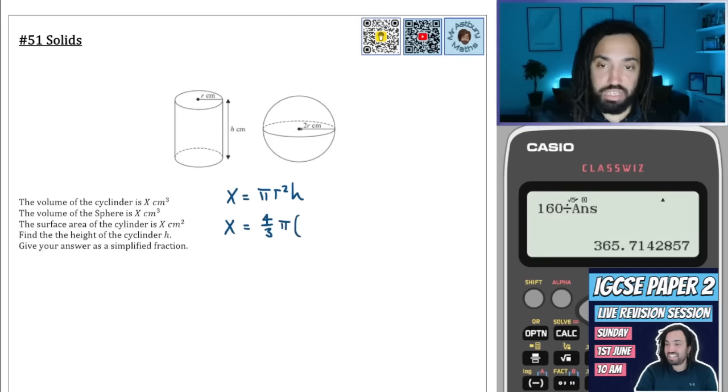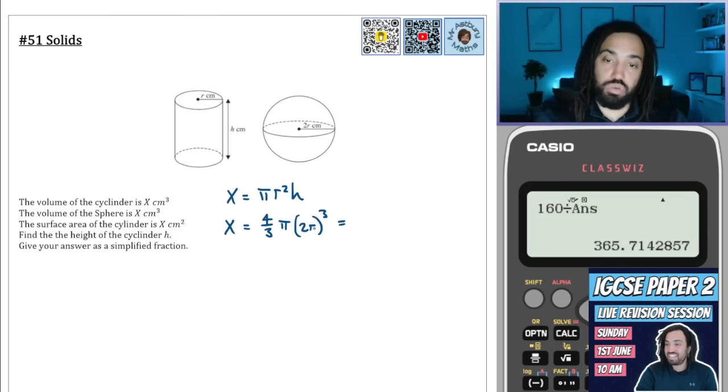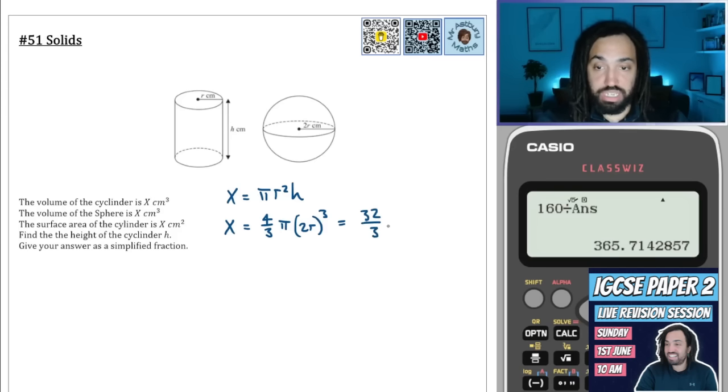Now the r here is actually 2 lots of r. So it looks like this. And then when we cube 2r, we get 8r cubed. Times by 4/3 is going to be 32 over 3 pi r cubed. Because again, 2 cubed is 8, times by 4 is 32, and then over 3 means 32 over 3. And then the r get cubed as well. Okay,